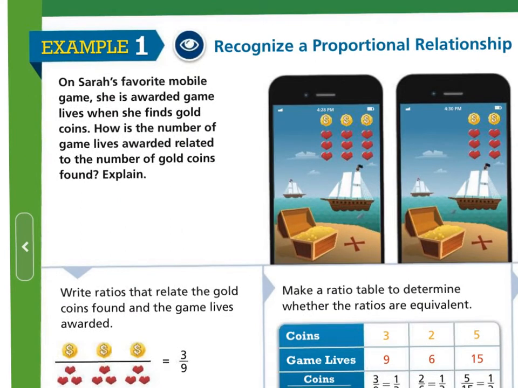Example 1 talks about recognizing proportional relationships. So on Sarah's favorite mobile game, she is awarded game lives when she finds gold coins. How is the number of game lives awarded related to the number of gold coins found? And explain. So you can see